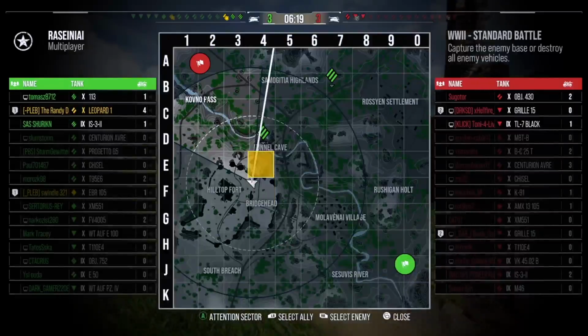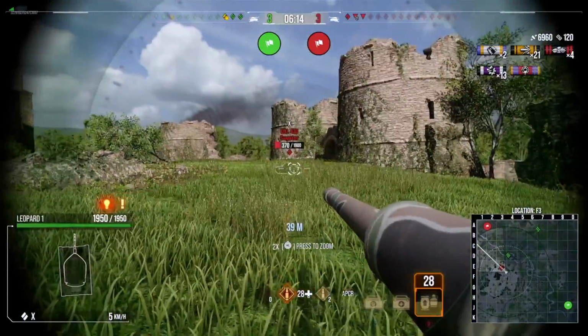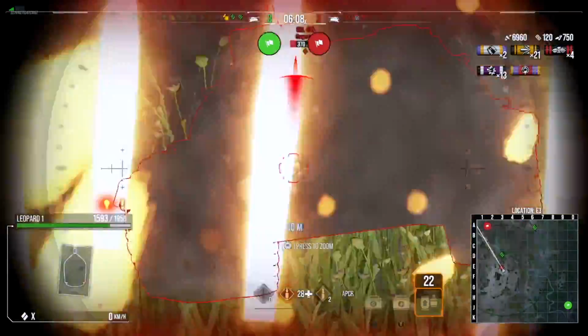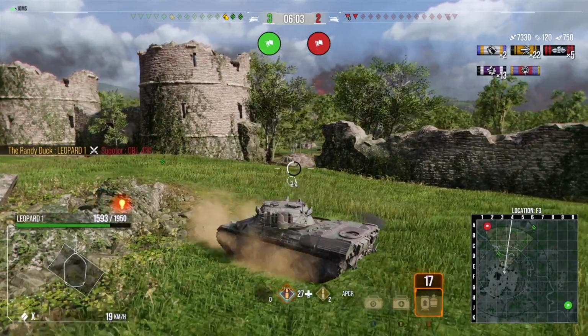We're going to try and see if we can get some more side shots into this enemy Leopard. But then we get detected by a one-shot Russian Soviet medium tank, the 140. We're going to go and just try and take out this tank as quickly as we can. We do take out that tank, and now we need to try and pull back on safety from the line